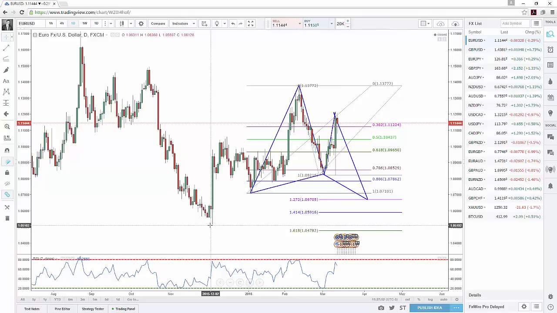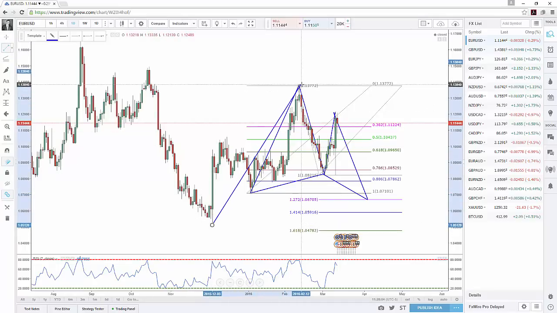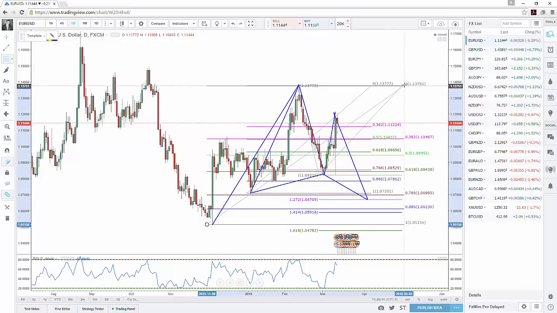The next one we have is way down here. But inside of this entire thing, we also have another potential formation setting up, and we can do that by looking at this leg of the move, the low to high here. And if we drag our Fibonacci retracement tool from low here to high,